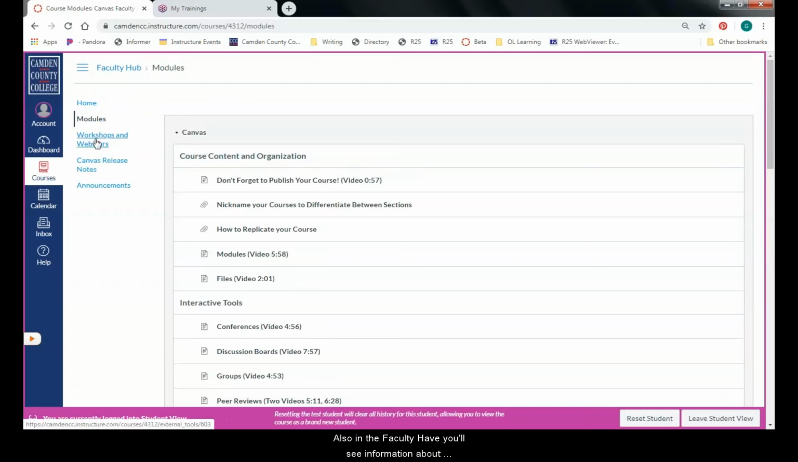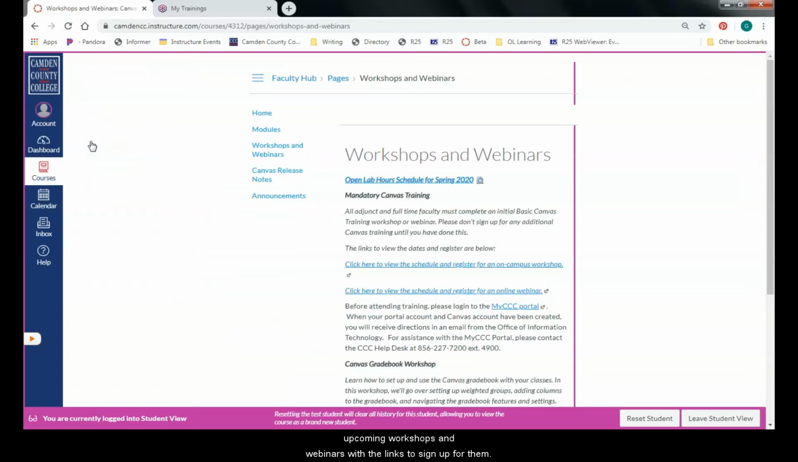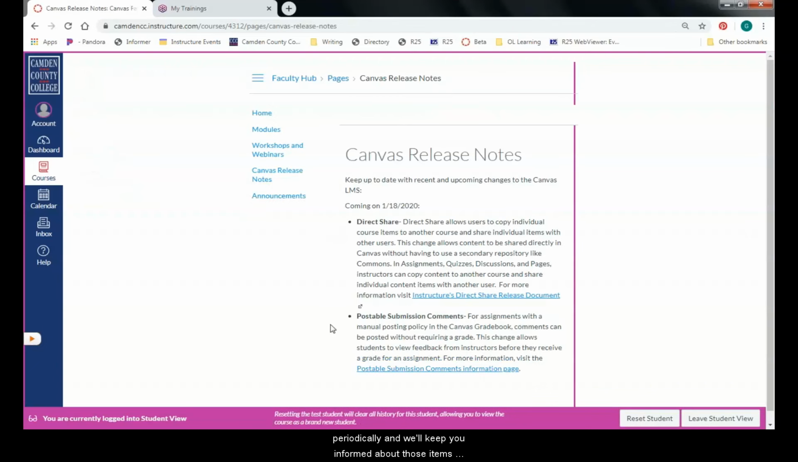Also, in the Faculty Hub, you'll see information about upcoming workshops and webinars with the links to sign up for them. And we're also going to post the Canvas release notes. Canvas likes to make changes to the system periodically, and we'll keep you informed about those items that are going